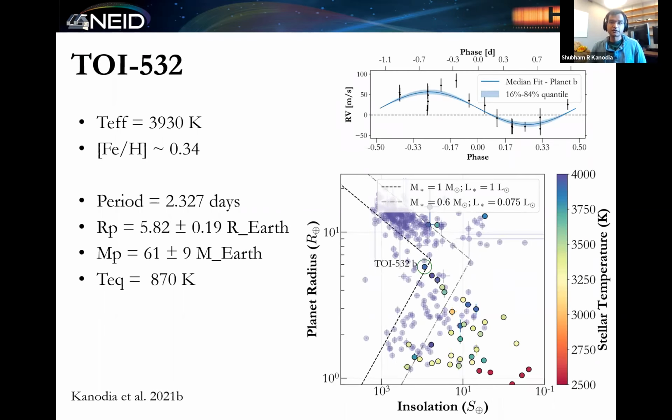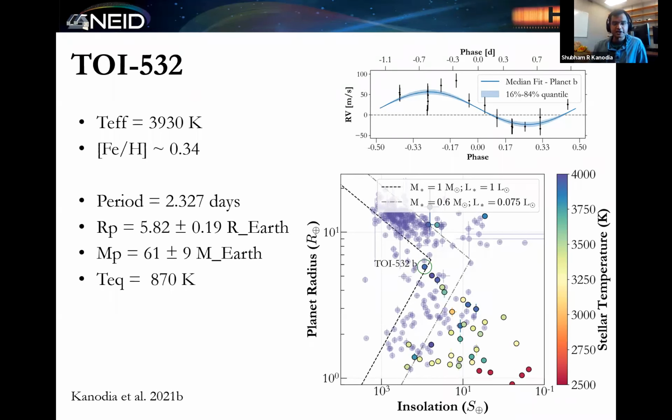The other system I worked on is similar to the first one. It's also a warm super Neptune, but this one sits right in the Neptune desert. So the Neptune desert is this perceived underdensity of planets which are warm and Neptune sized and Neptune massed. And again, typically it's also depicted as radius period, but again, for the same reasons as mentioned earlier, I show